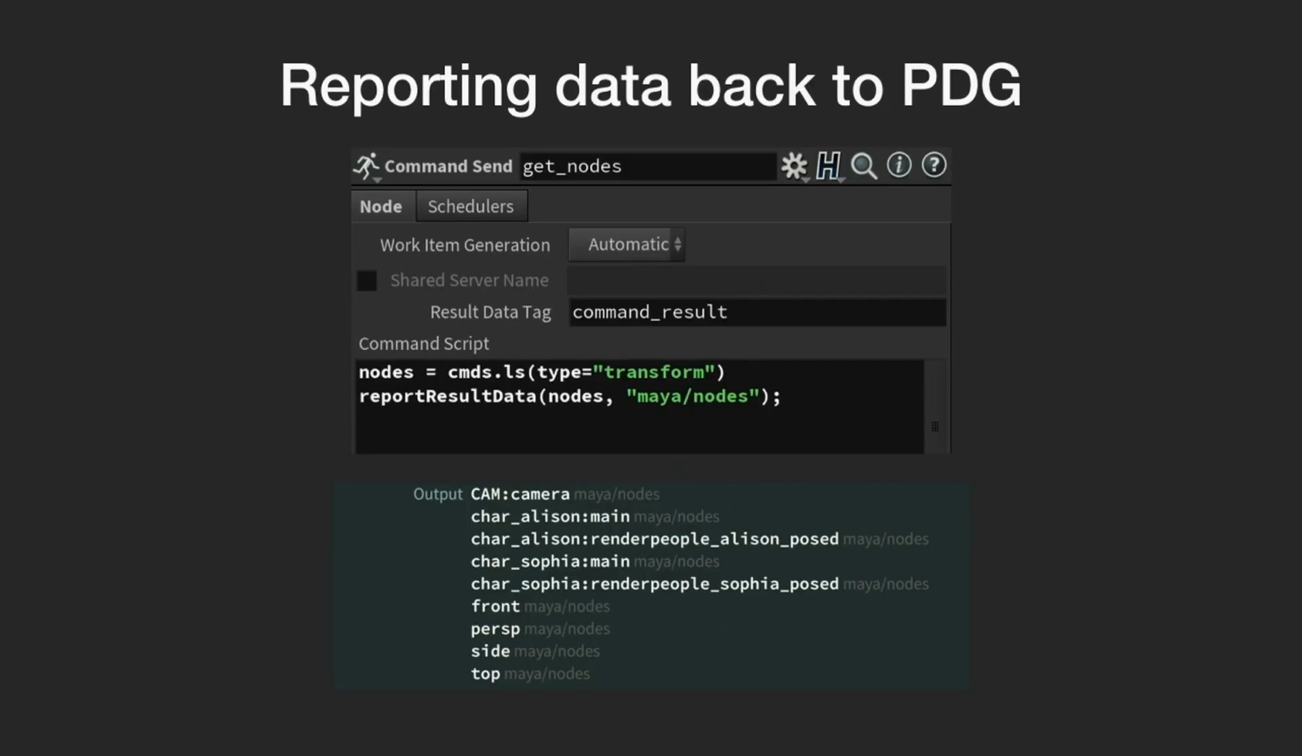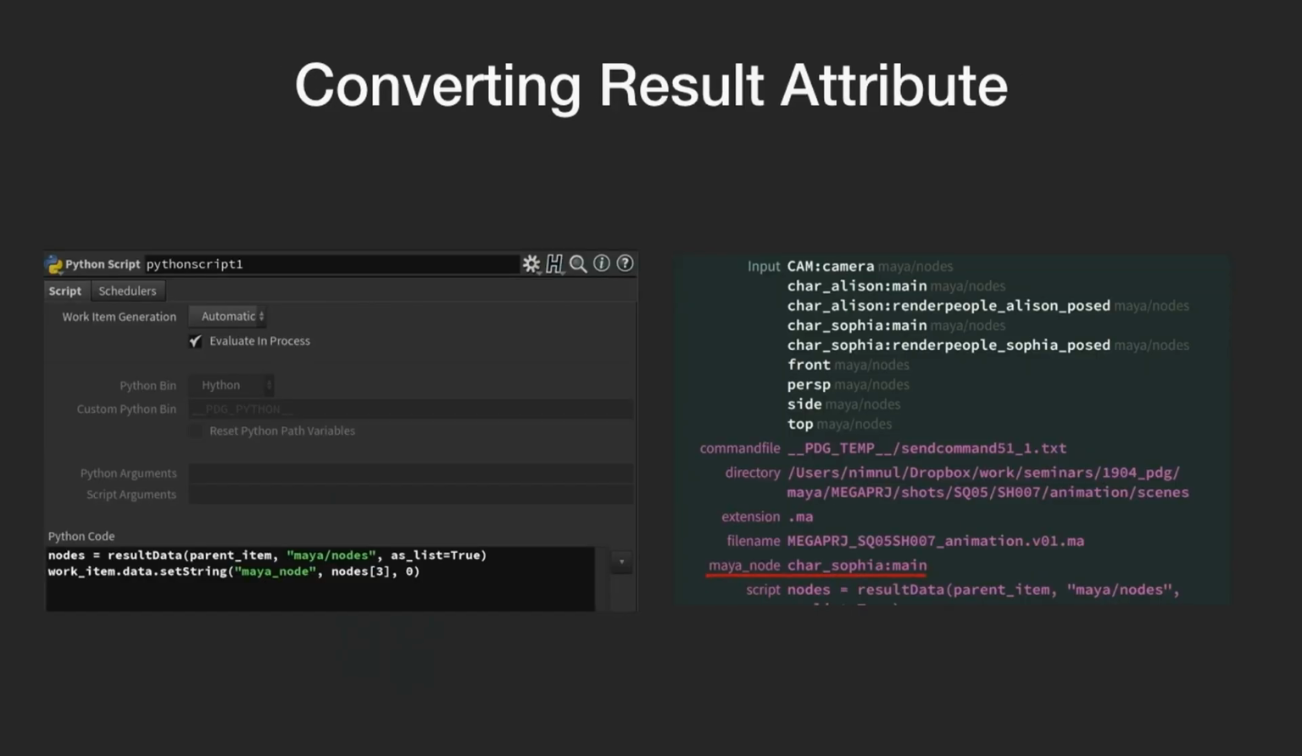Report result data actually makes a result attribute, right? So there are string attributes, float attributes, integer attributes, and for PDG specifically, those are the result attributes. So these are like files that PDG has created, right? And report result data creates only result attributes, so that's why it's only strings and lists of strings. But you might want to have those attributes converted into regular attributes, and this is done by